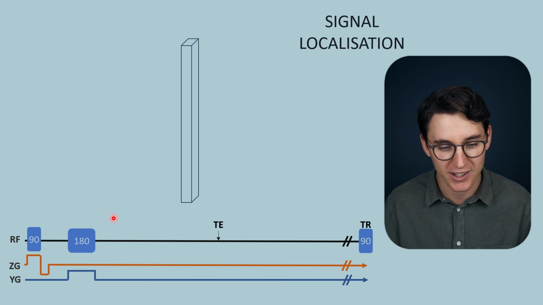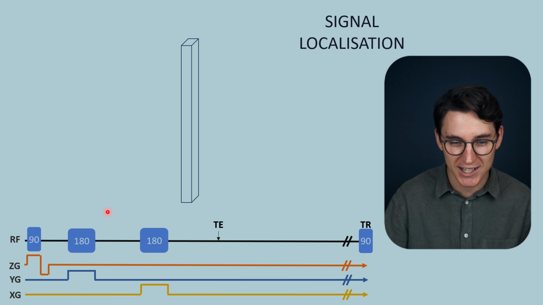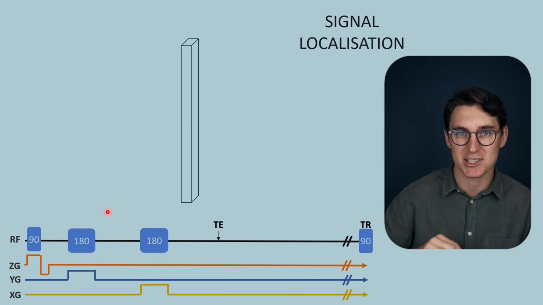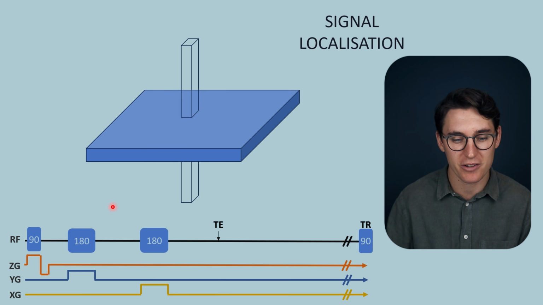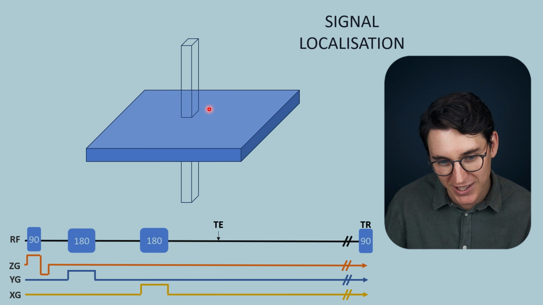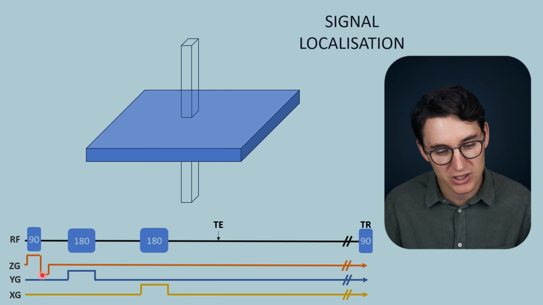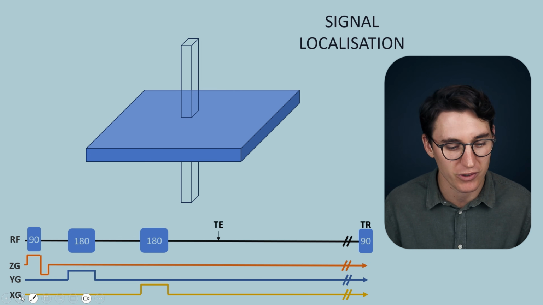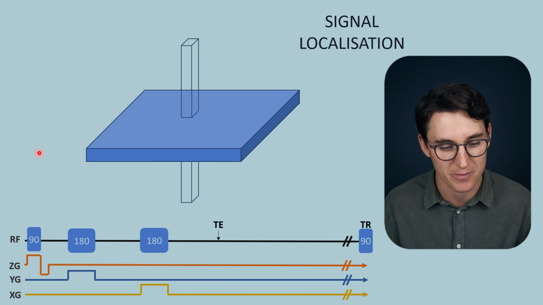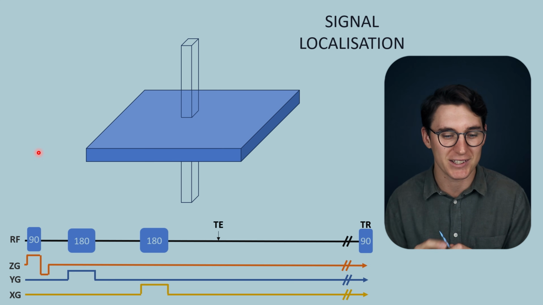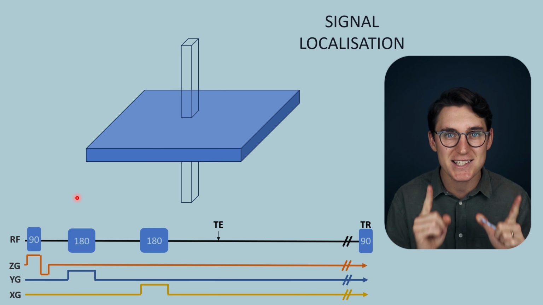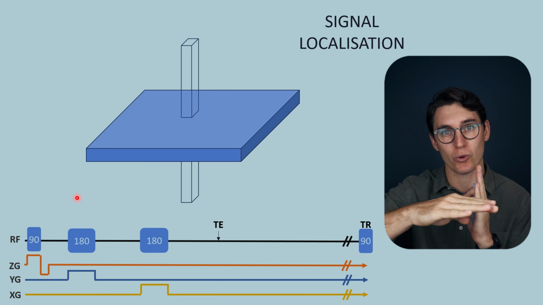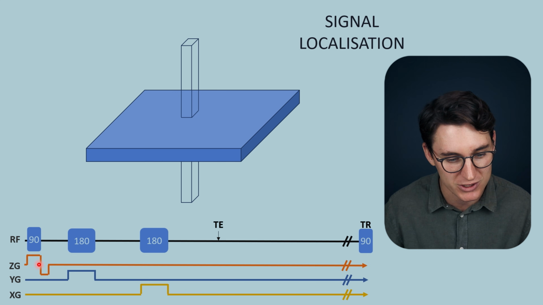Now you might be thinking, well, why don't we repeat that? And that's exactly what we will do. In the x-axis plane, we're going to provide another 180-degree RF pulse, but this time for a specific x-axis location. Notice how I haven't called this the phase encoding gradient or the frequency encoding gradient here. They're not encoding gradients. They're matched to an RF pulse. In fact, what they are, they're slice selection gradients, but just in an orthogonal plane to that original slice selection